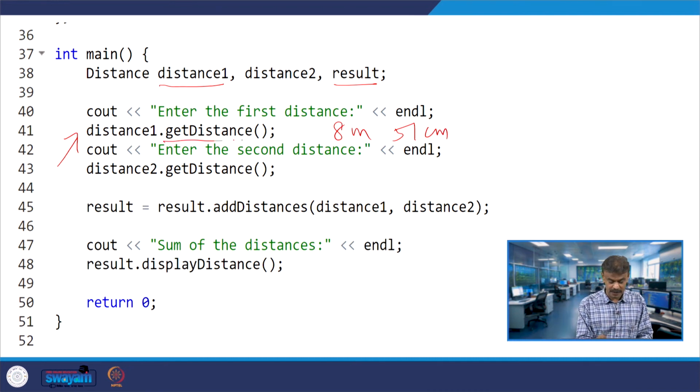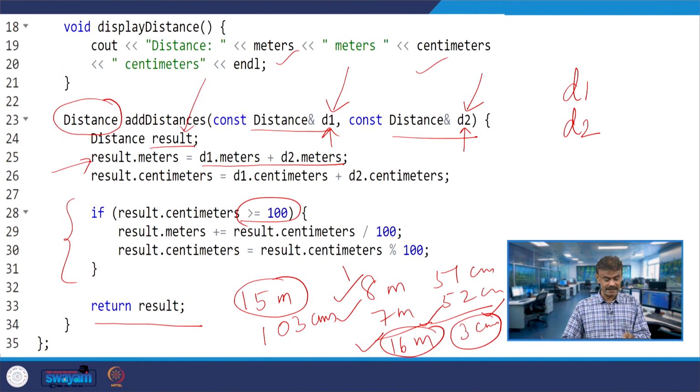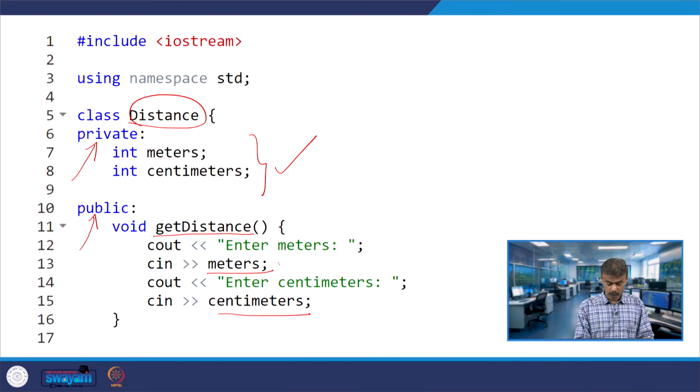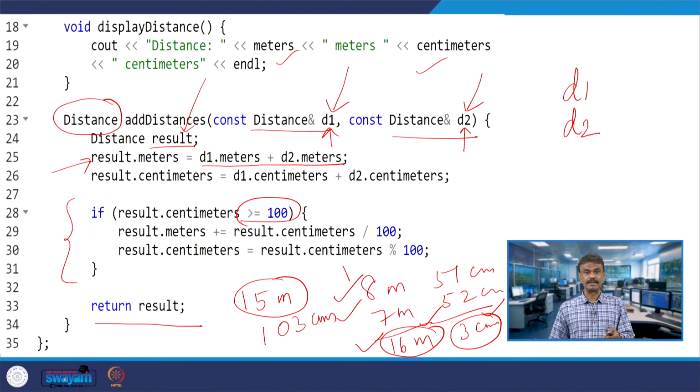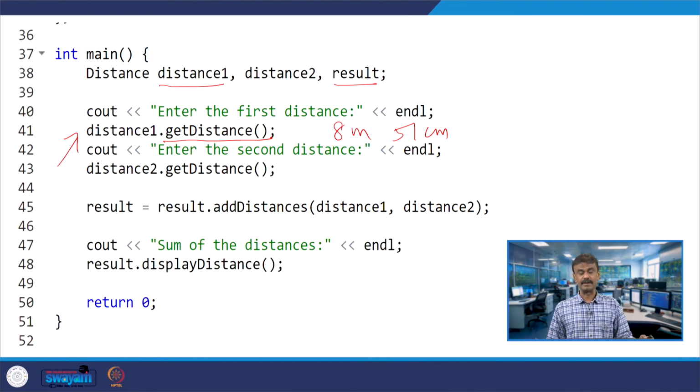This is the input when get distance is invoked. You have to enter meters and centimeters. Assume that I entered 8 and 51, 8 is the meter and 51 is the centimeter. Similarly, 7 and 52, the same example we took.